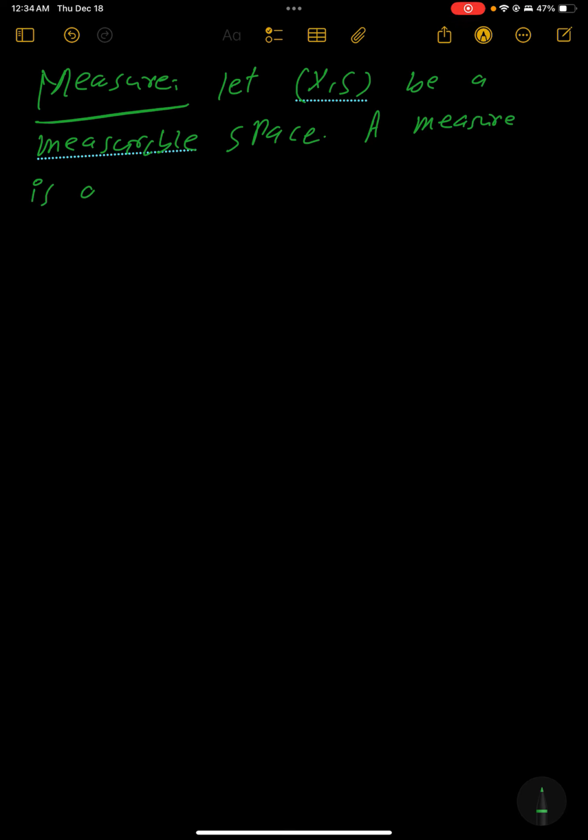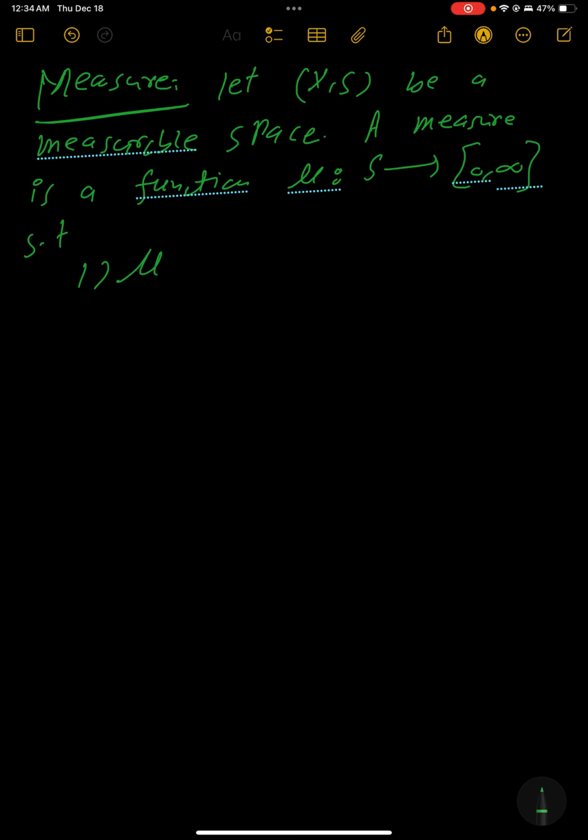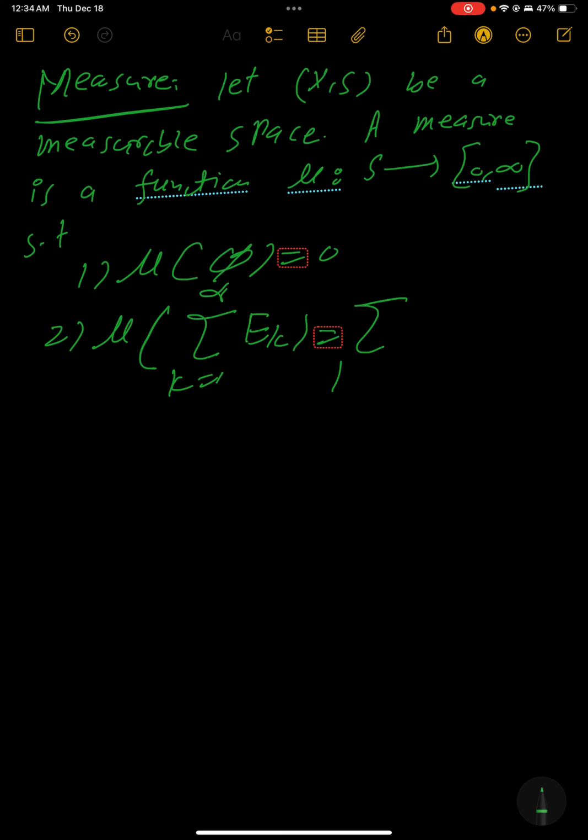is a function, and I denote it by mu from sigma algebra, and it takes value in 0 to infinity. So such that it will satisfy two properties. Number one is measure of empty set is 0, and number two is measure of union of Ek, k is equal to 1 up to infinity, is actually sum of k is equal to 1 up to infinity measure of Ek, where